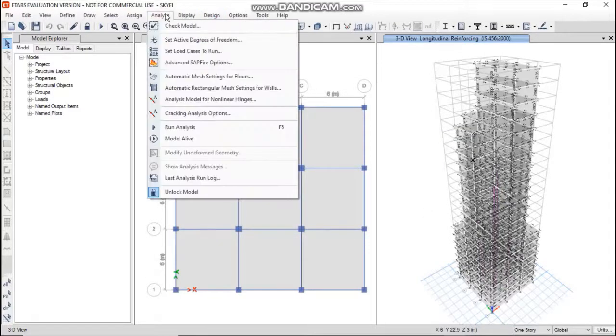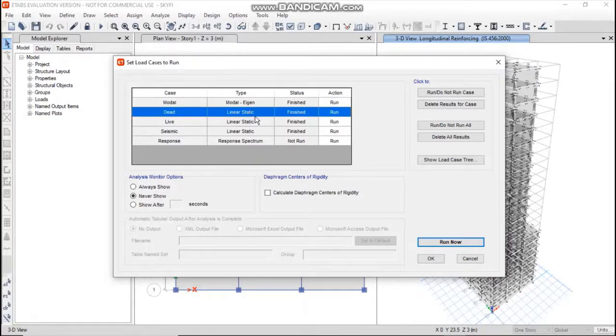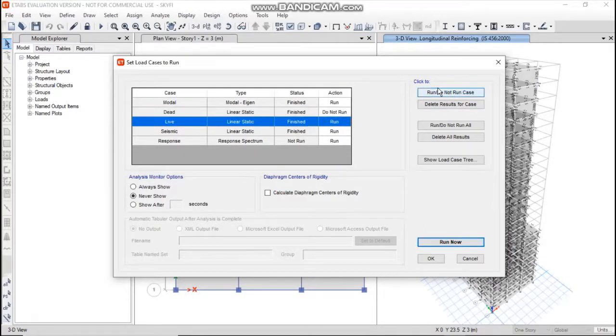Go to Analyze, go to Set Load Cases to Run. As you don't need the live load and the dead load to run here, just select the live load and dead load as Do Not Run. Now click on OK.